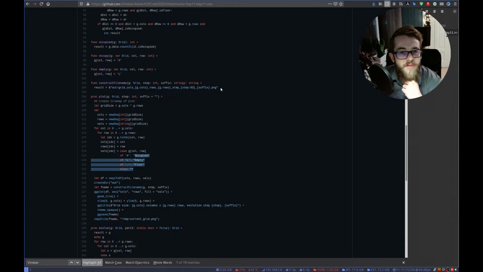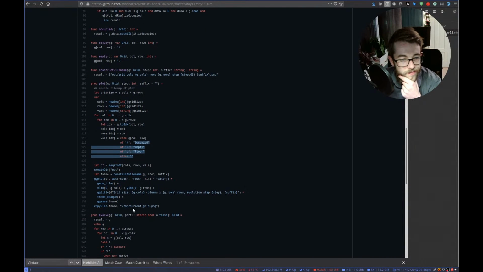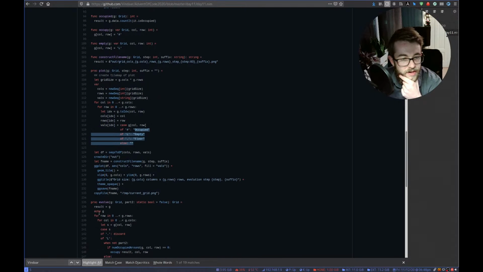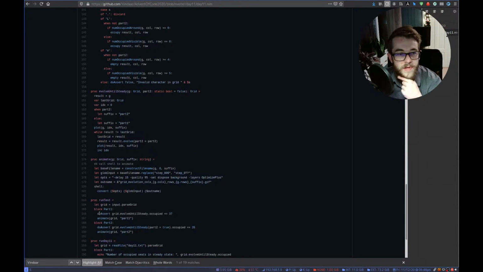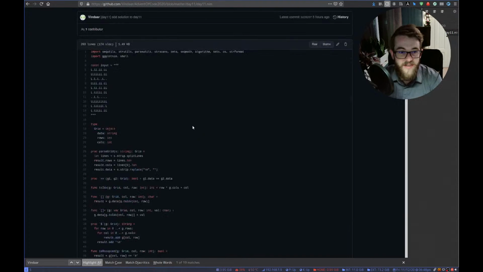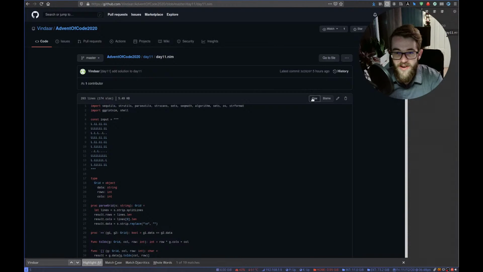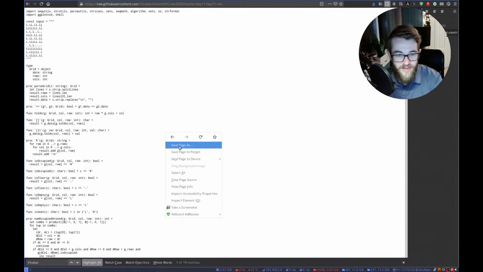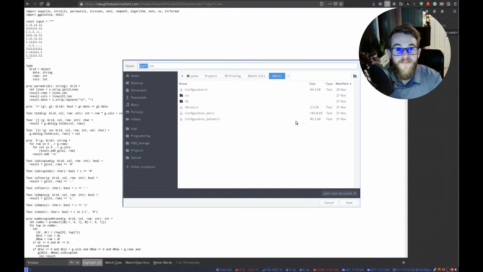Constructs a file name, so it creates a bunch of PNGs. No, it actually runs the whole thing in here. Well, what we could actually do, if we just want to test it with our data set. I mean, his algorithm is doing the exact same thing as we are. So let's save this in